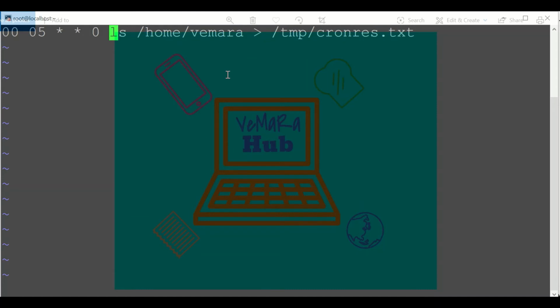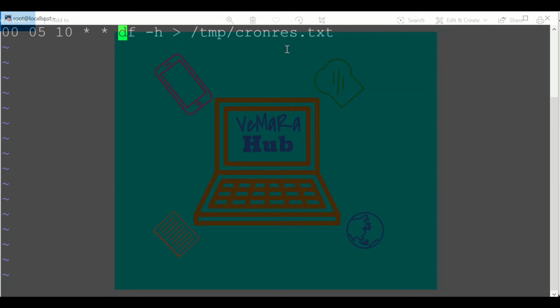So what would be the practical application for this? You can use this for say running a monthly report on the storage. You can check df -h and you can store it to an output file. Say I want, for every month, say on the 10th of every month at 5 a.m., this df -h will run and this file will be generated. So every month on the 10th I can check out this file to know what my current storage usage is.